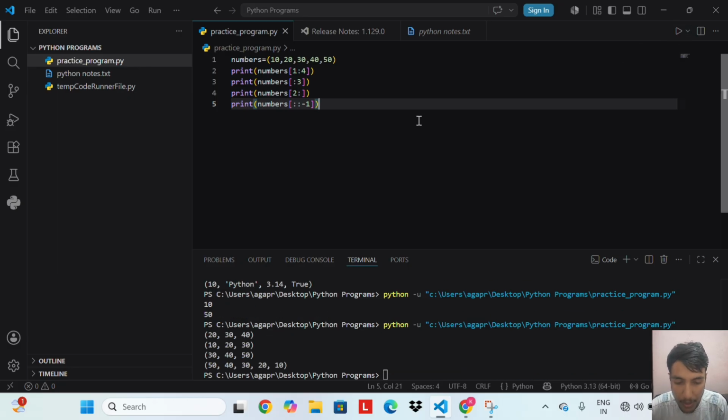Slicing on a tuple works exactly the same as slicing on a list and string. numbers[1:4] starts at index 1, stops before index 4. Gives 20, 30 and 40, because index 1 is 20, index 2 is 30 and index 3 is 40.